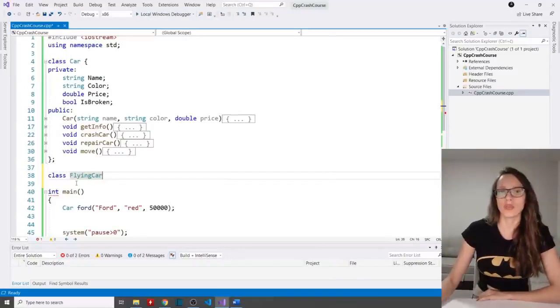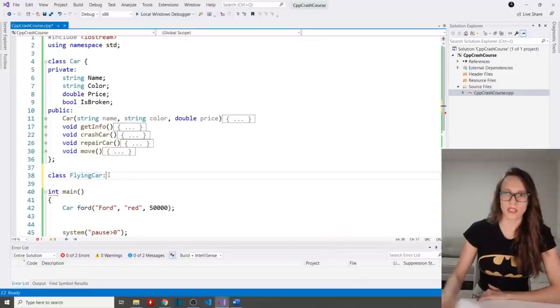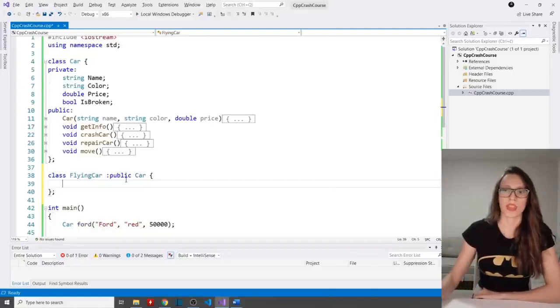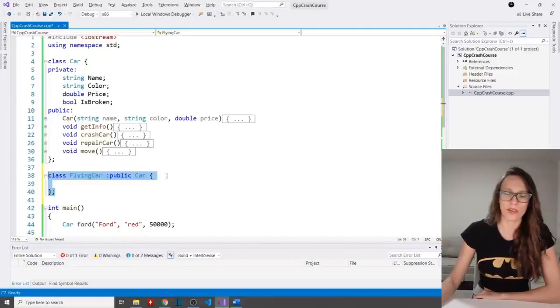And then what I can do in order to inherit this class is I will put this colon sign, and then I'm going to say public car, like this. Now, there are a couple of things that I want to explain here. And the first thing is going to be that this flying car class is called derived class. And then this car class that we are inheriting from, that is called base class.